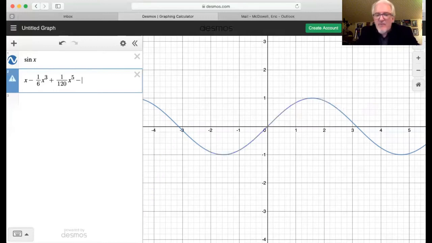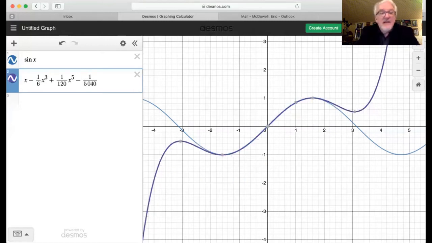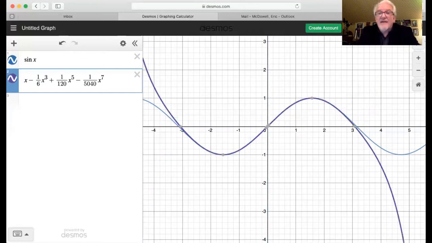You know, just look at a couple more. 1 over 5040 times x to the 7th. So we'll add that on there, and my goodness, between -3 and 3 the graphs are almost indistinguishable. I'm going to try one more here. Let's tack on 1 over, this is just crazy,